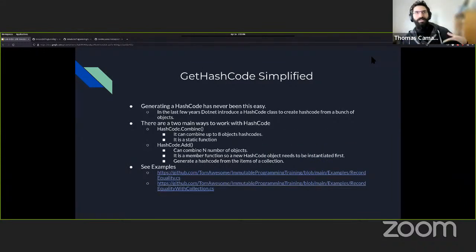I'm not sure if anyone has done it, but you've probably dealt with GetHashCode. I know I've dealt with it a lot, and I've always hated overriding GetHashCode. It got introduced before records, but they've made overriding GetHashCode so much easier than it ever was before. They've introduced a new class, just called HashCode, and it has some nice functionality. They have a static function called HashCode.Combine. We can just pass in up to 8 objects to that HashCode.Combine, and it takes care of all the other hash code